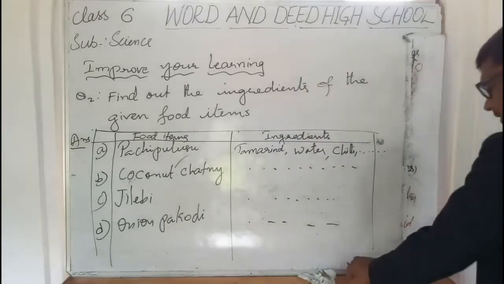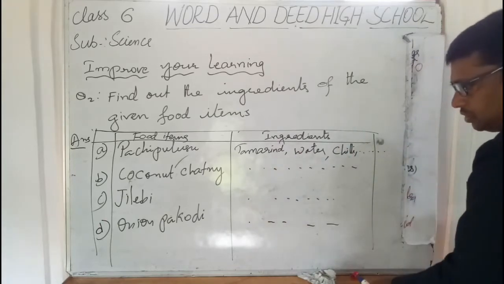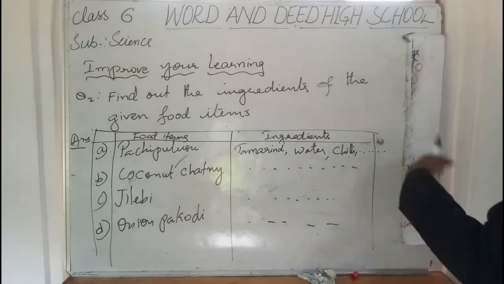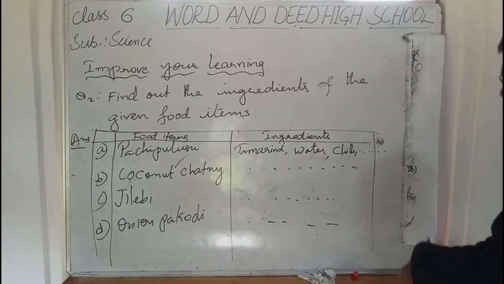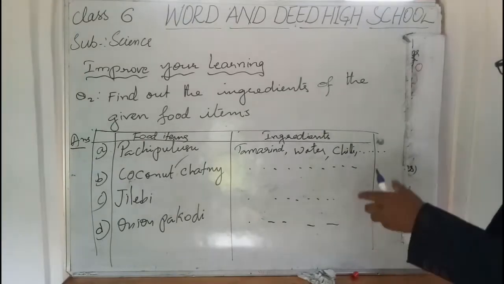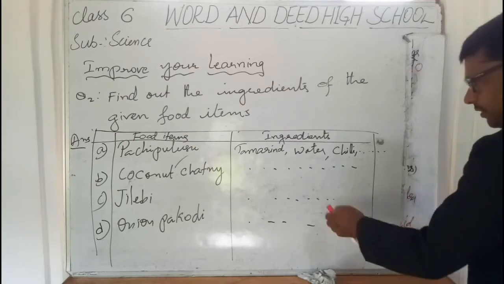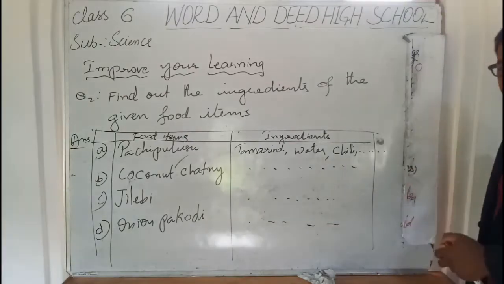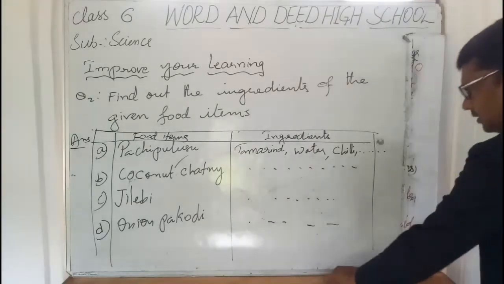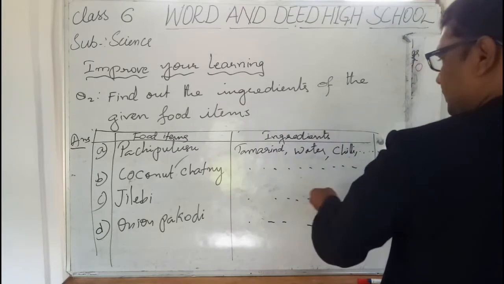Okay, this will be the answer for this question. I am not writing the ingredients required to prepare these food items because different people use different ingredients to prepare them. For what ingredients are required, you ask your parents and you can write the ingredients. If I write it here, that becomes spoon feeding, and you have to find it yourself. Okay, that's enough for this question.